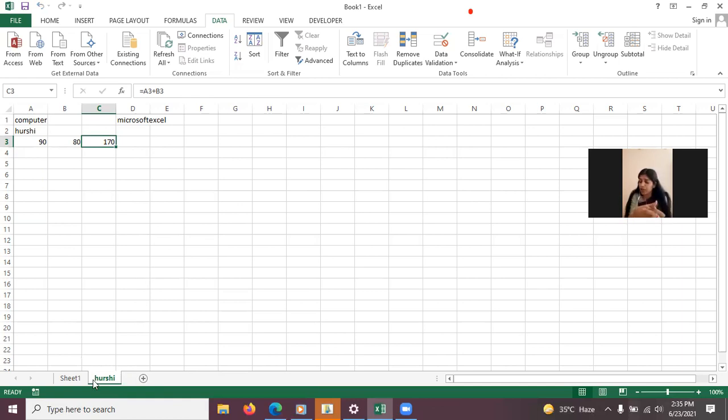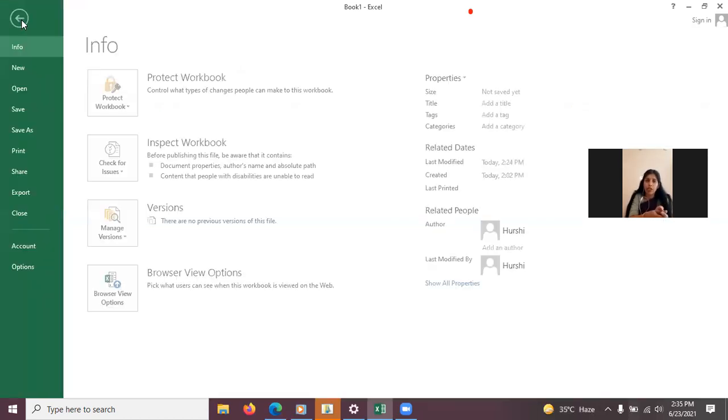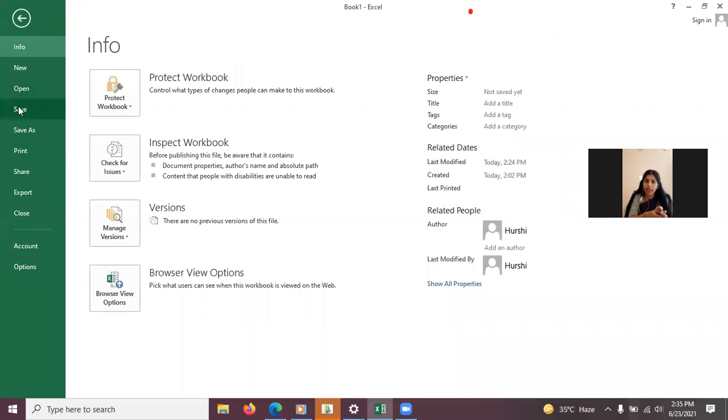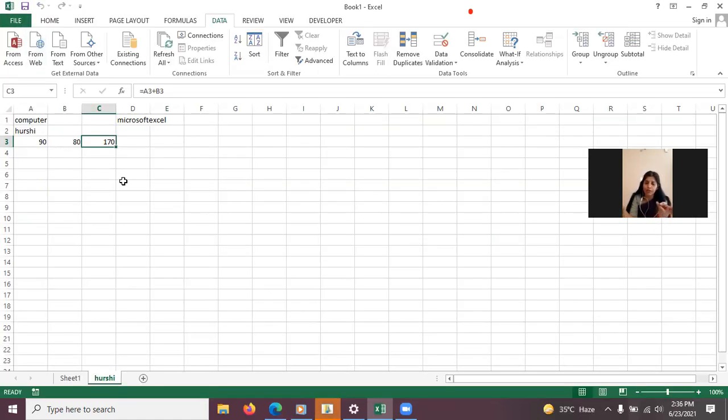There is a keyboard shortcut box on page 55, beta, that you have to learn for your exams. Mark it. Saving a workbook is again a simple task. How to save a workbook? You have to go to the file tab. Click on the save option. And then you can give a name to your file. Simply it will save with whatever name you give. That's it. So this is your complete chapter number 5.